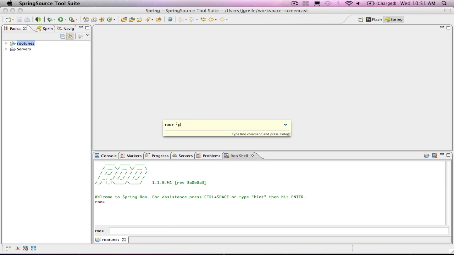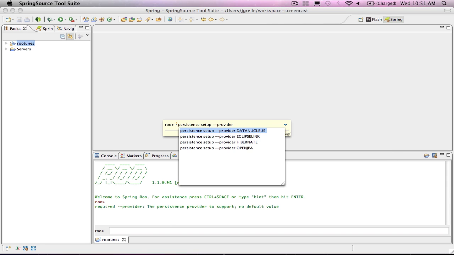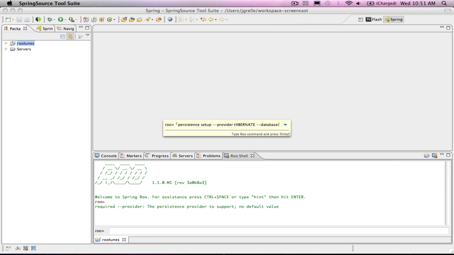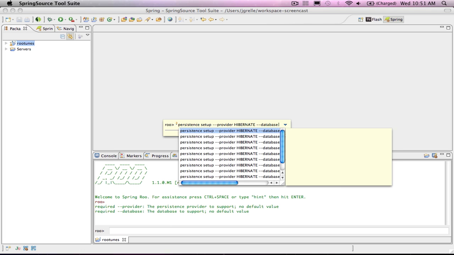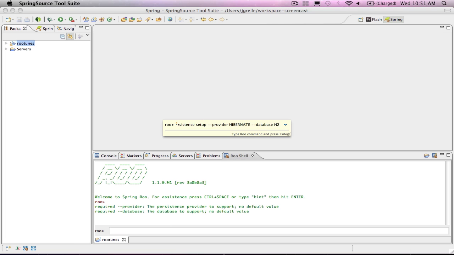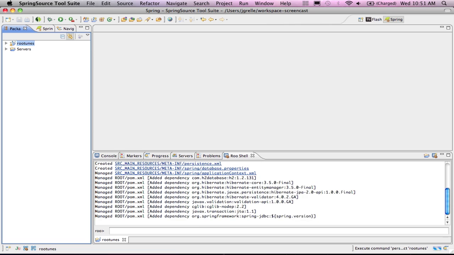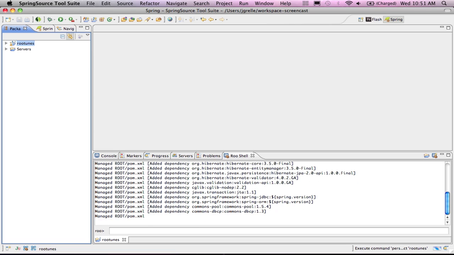up our persistence. So we'll go to persistence setup, and we've got to give it a provider. We'll say Hibernate for that. Got to give it a database. So in this case I'll say H2 in-memory database and go. So now this is setting up all the Maven dependencies for Hibernate and our in-memory database as well. So from there we can set up the project to actually be a Flex project, and